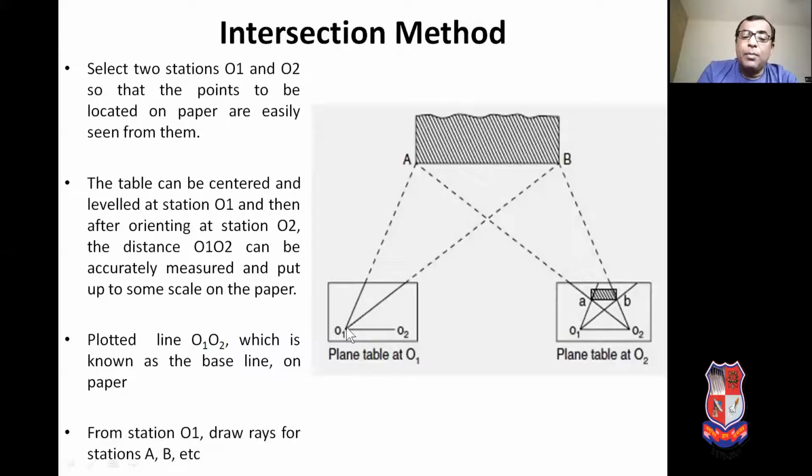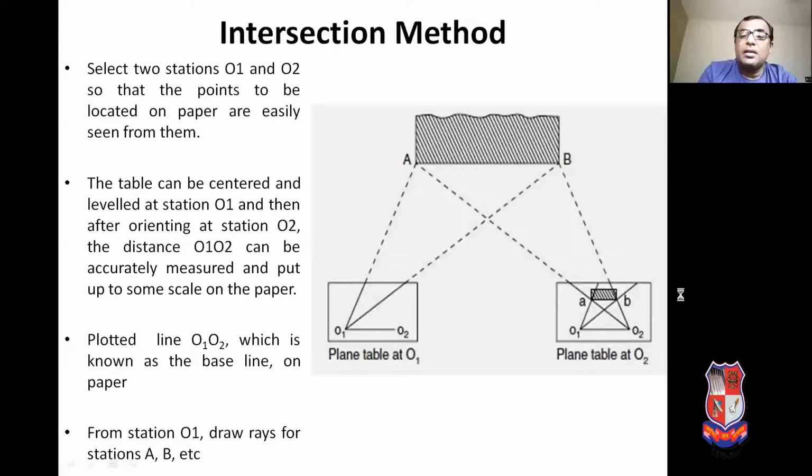Then again keeping the alidade at station O1, we have to bisect the object B. After bisecting B, we have to draw a line along the fiducial edge of the alidade, so you will get this line on the drawing sheet. So from O1, you will get this line for A and this line for B.